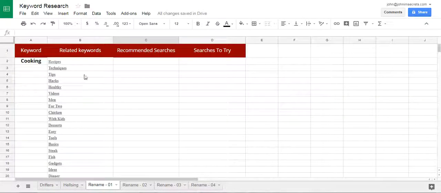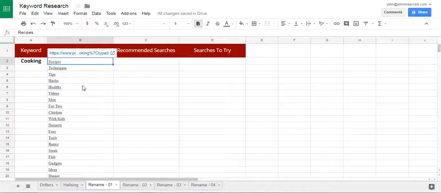And the good thing about this is that they are listed from the most important ones to the least important ones, I guess you could say that. So we have cooking recipes, cooking techniques, cooking tips, cooking hacks, cooking healthy, cooking videos, cooking man. I mean, that sounds weird, but you get the gist of it. In this case, these are all keywords that people are using to find content. So what you can do is use those keywords and create targeted content that will serve them the best possible